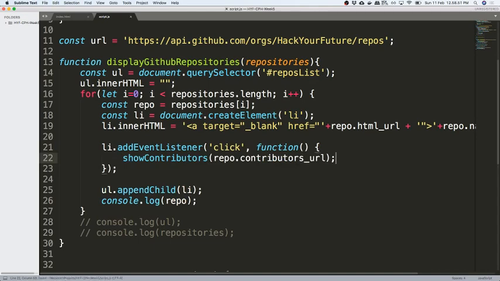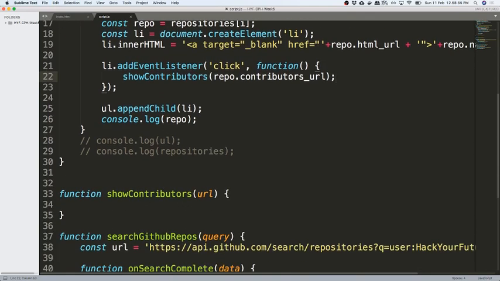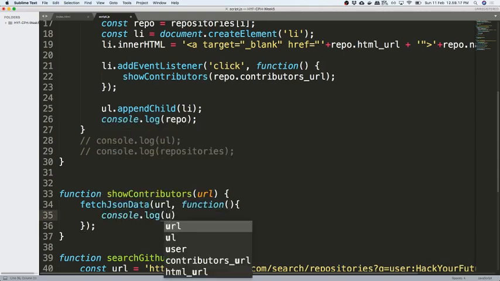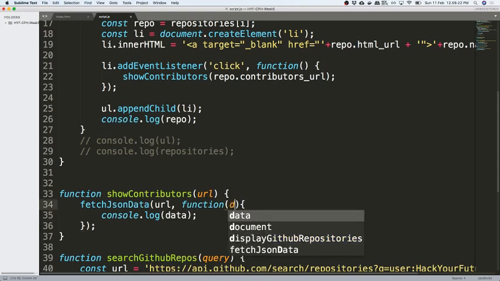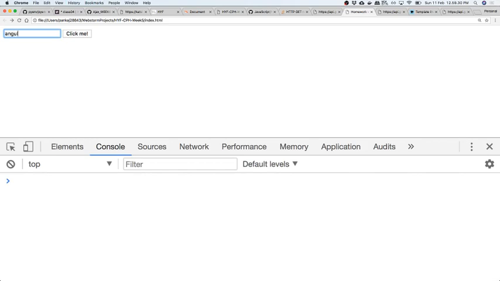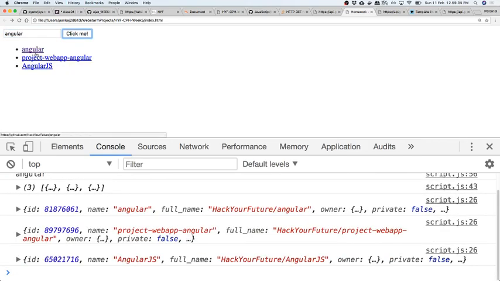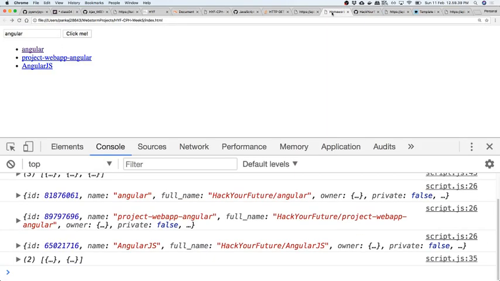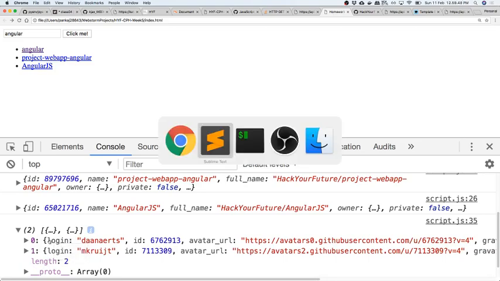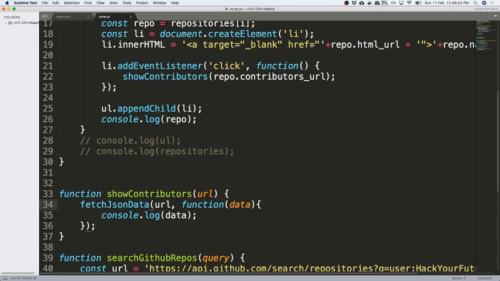What is wrong with this code? This show contributors will just get a URL, so it does not need access to the list element. Page JSON data. So if I click here, I get 3 repos. If I click on any of these, it opens a new page, but I also get this, right? So one thing is that I can remove this thing,